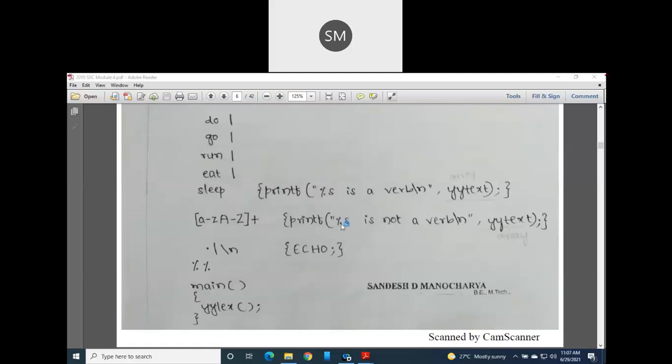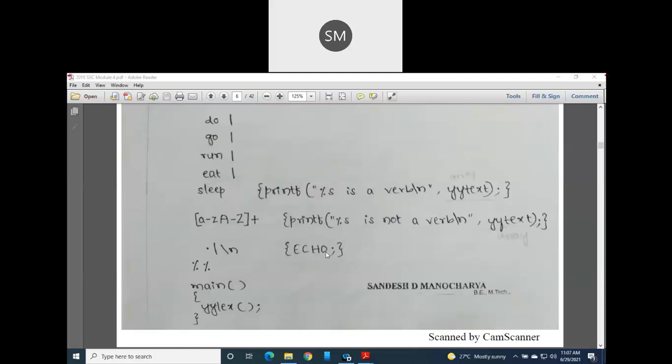Again, these non-verb words are also stored in one variable, that is yytext. Whatever you are scanning will keep on being stored in that variable yytext in the form of an array. Clear? Then for dot or slash n, whatever you are matching, when you look at your dot or slash n, you can just display it on your monitor screen.